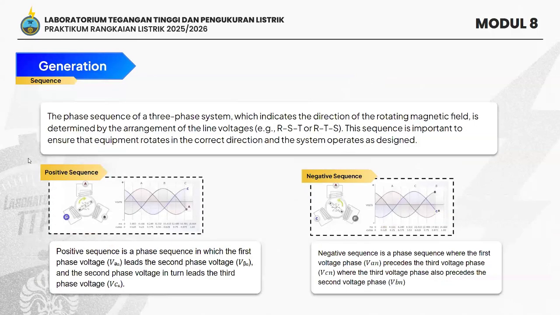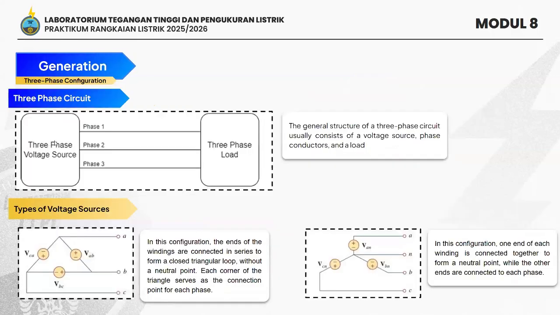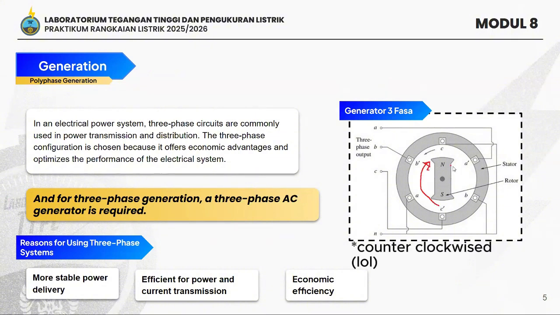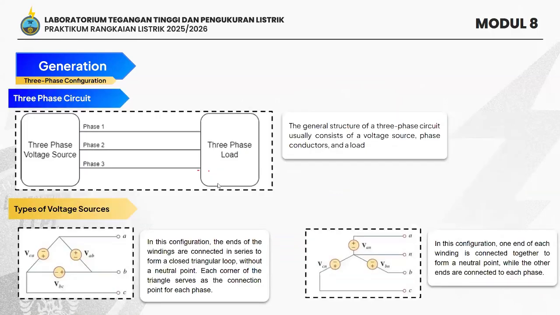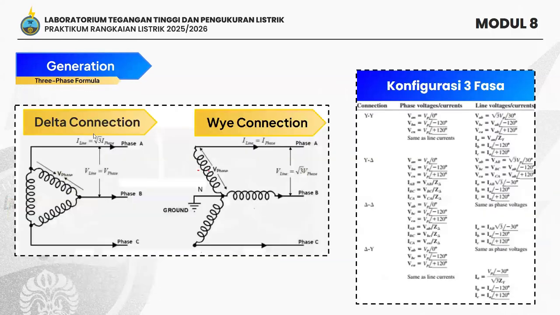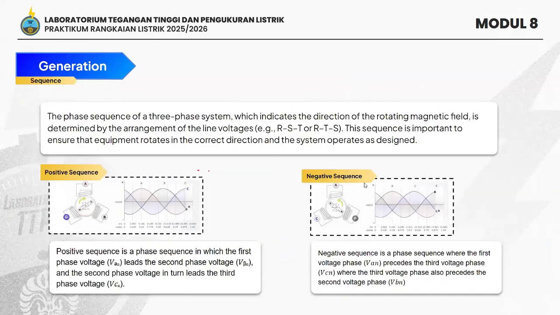After that, we know that the rotor is moving in circular motion, and because of that, there are two types of moving, clockwise and counterclockwise. And we have the standard for that. In electrical terms, we describe that with the sequence. There are two types of sequence: positive sequence and negative sequence.